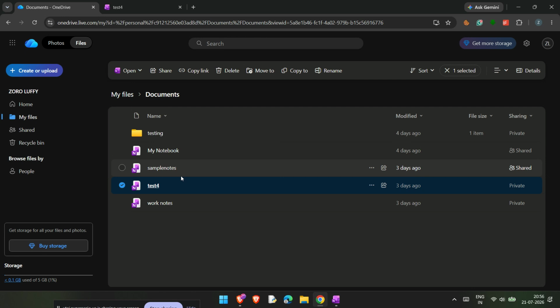One more thing to keep in mind, because OneNote is designed to sync with Microsoft Cloud services, your notebooks may not appear like traditional documents in File Explorer. That's why going through OneDrive is the fastest and most reliable way to find them. So to recap, go to OneDrive.live.com, open My Files, go into Documents, and click the Notebook shortcuts to open your